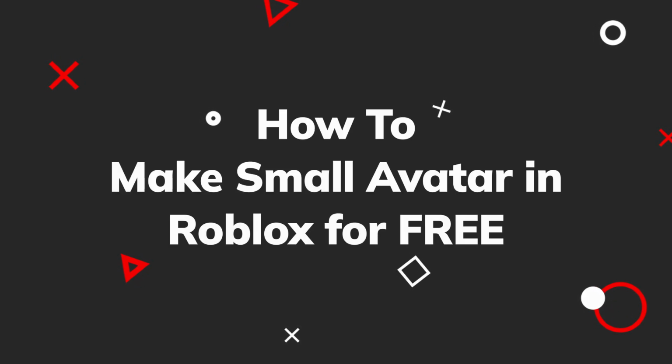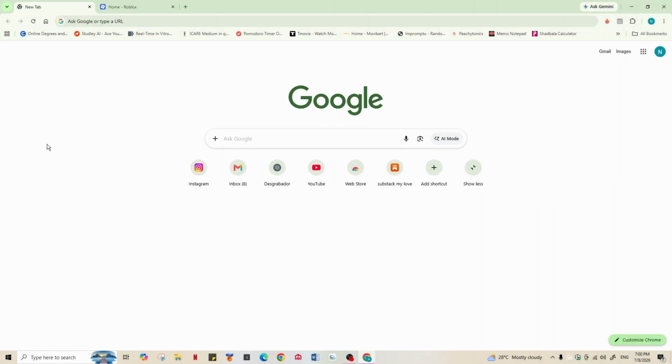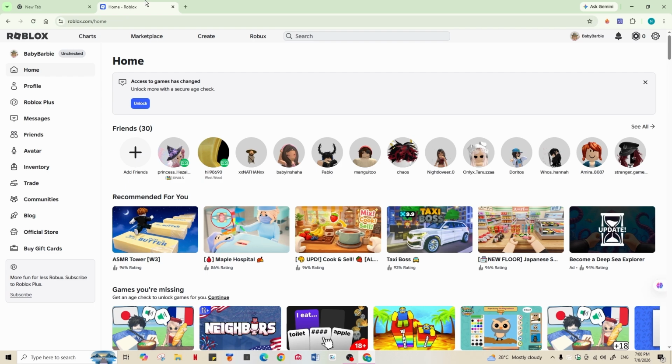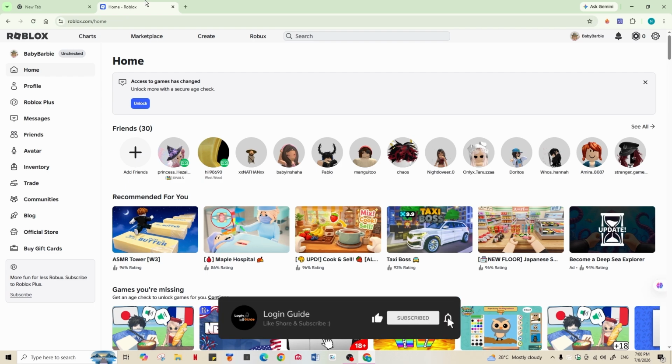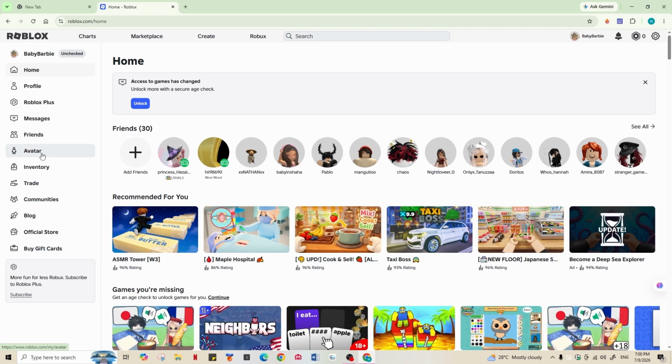So in this guide, I'm going to show you how to make your avatar small on Roblox. So for that, you need to launch any web browser, go to roblox.com, or you can also launch the Roblox application, log into your specific account, and after that, go to the avatar section from the left-hand side, which is